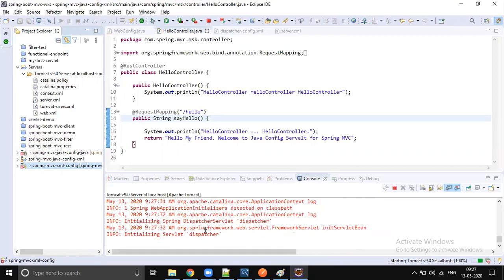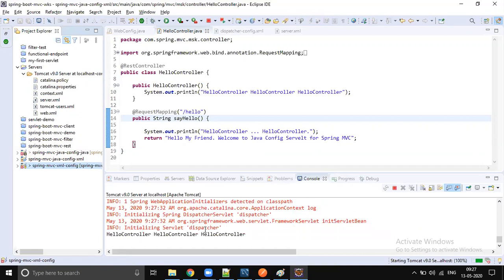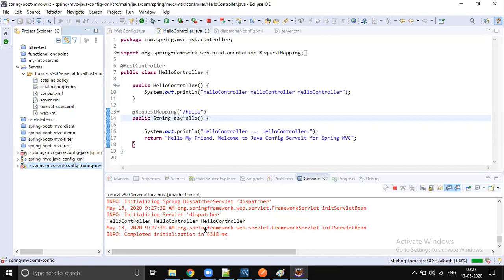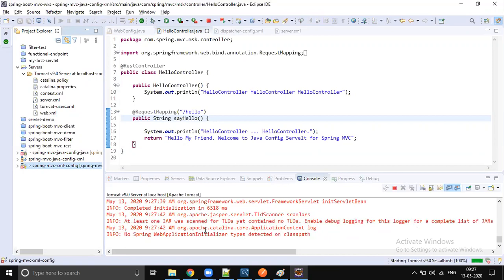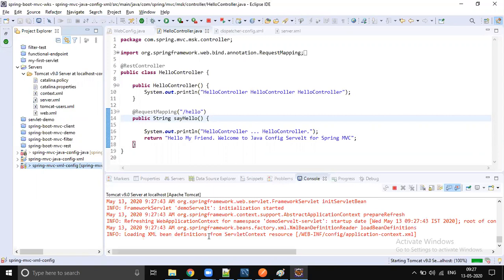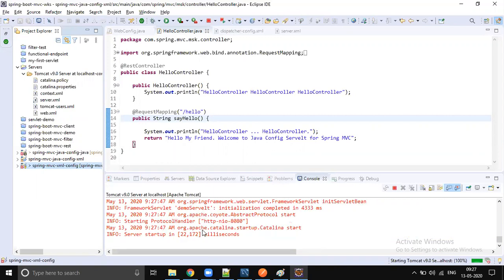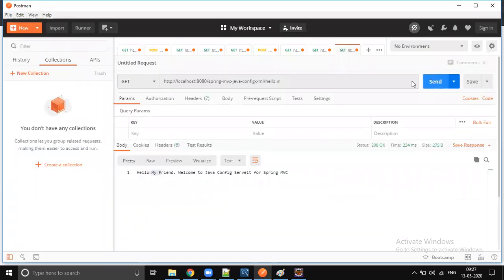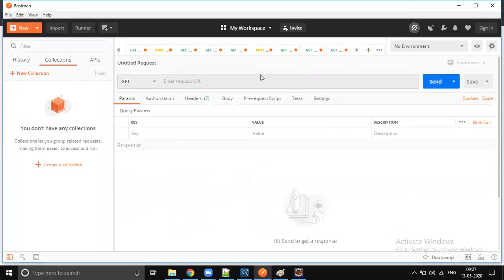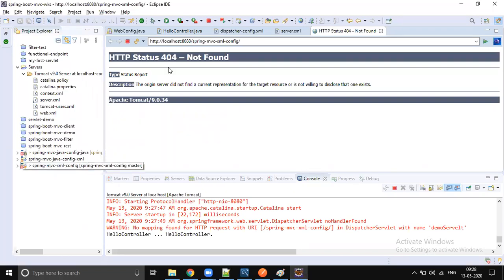So that was some old story. When we were using Java for UI development, we used to use JSPs, but now no JSPs. Okay, now two applications are deployed. The first application is going to give plain text. For the second application, what was the URL? Spring MVC XML configuration, right? Spring MVC, not Java, it's going to be XML config. Yeah, it's hello, right?